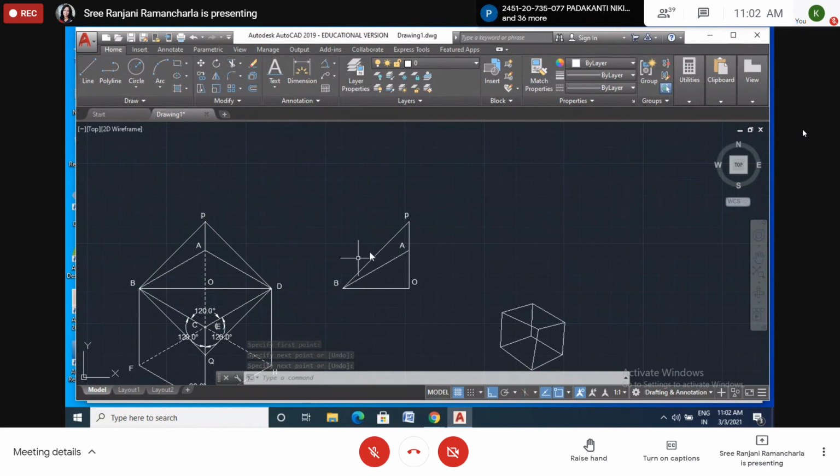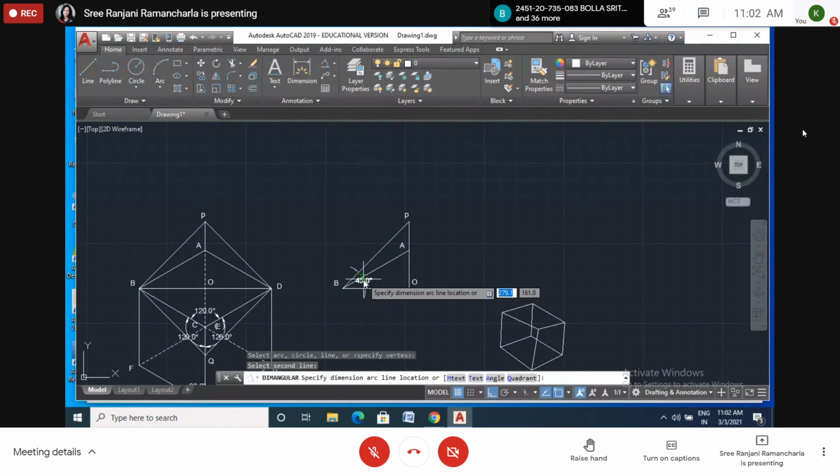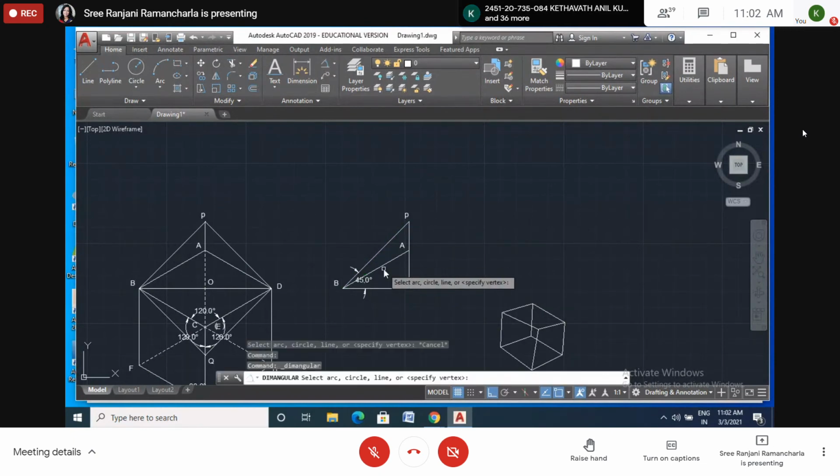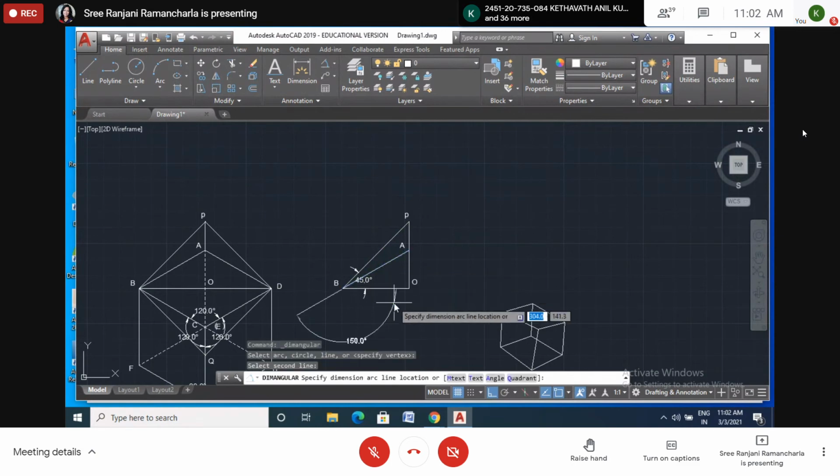Now this is a true length of this square box, square plane. This is a true length after isometric. Isometric means when the diagonal is inclined. So this side is reduced to this one. So this is 45 degrees. And this one is 30 degrees.